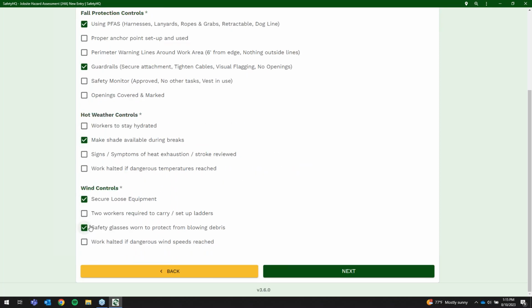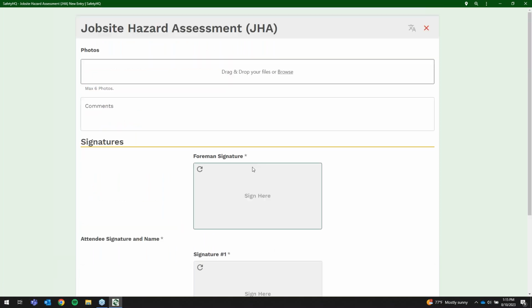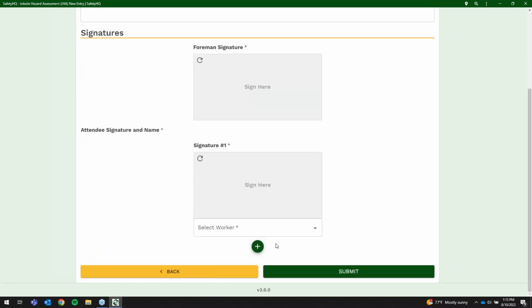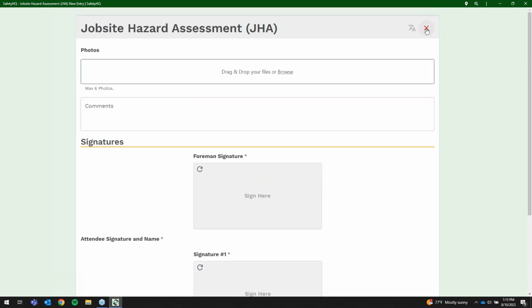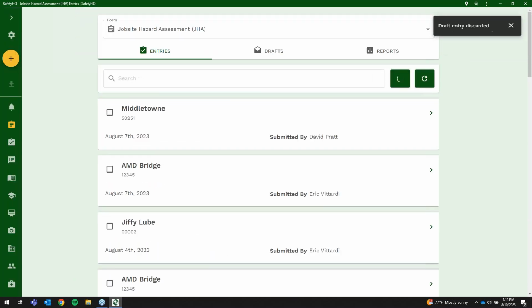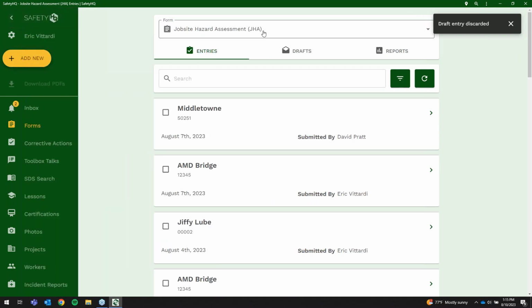They don't have to think, oh, okay, am I forgetting some things, what have you. They simply make the selections that you need. They can make comments, collect signatures. We can snap a photo. We can mark those photos up if you want to highlight certain areas or things like that. You can do all of that through SafetyHQ and make the entry process very simple and easy for the team